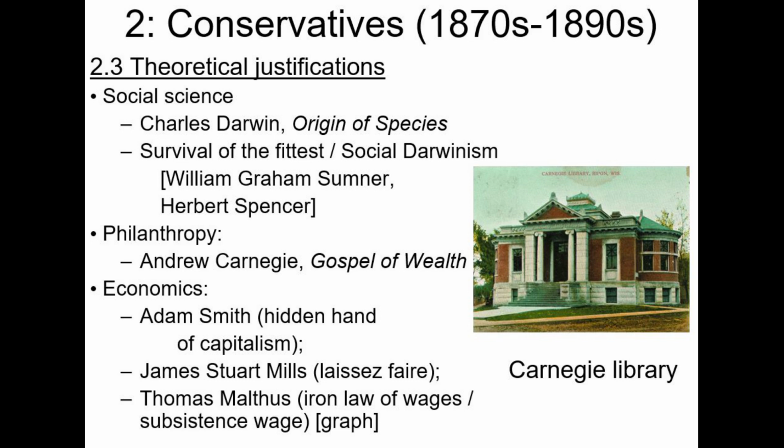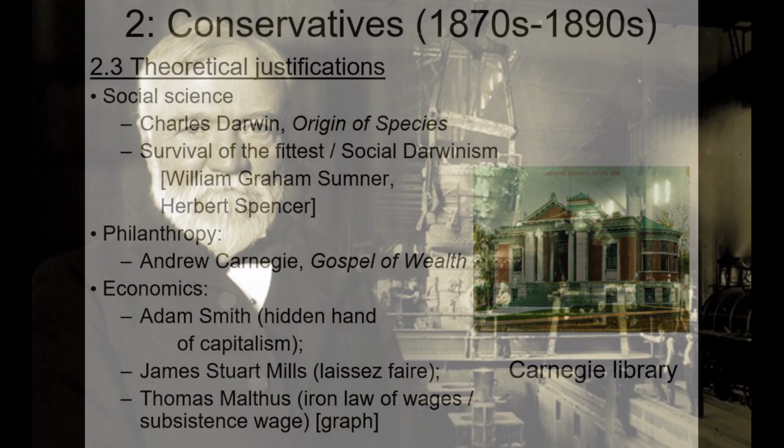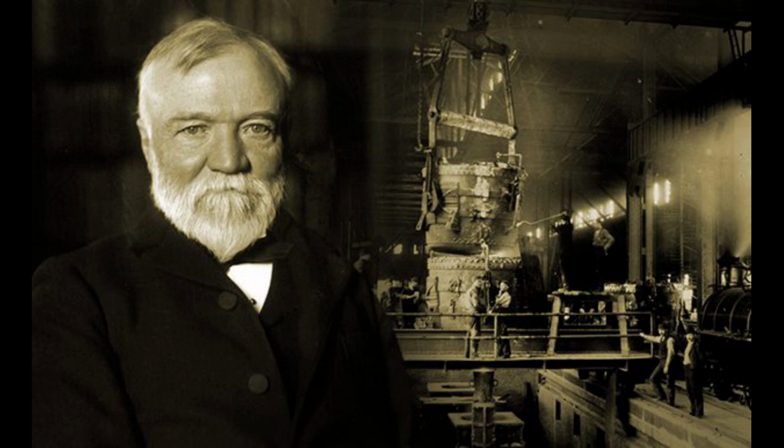Beyond that, one way to correct some of the worst aspects of that cutthroat competition would be philanthropy. It comes from the Greek word. It means basically to love mankind. You might translate that as charity. One of the more famous Americans in the late 19th century was Andrew Carnegie. He came from Scotland originally,